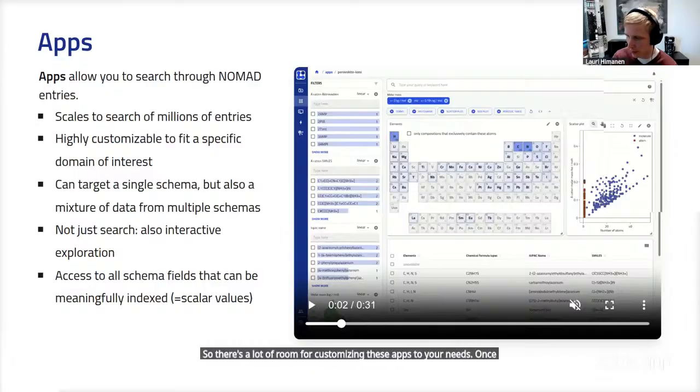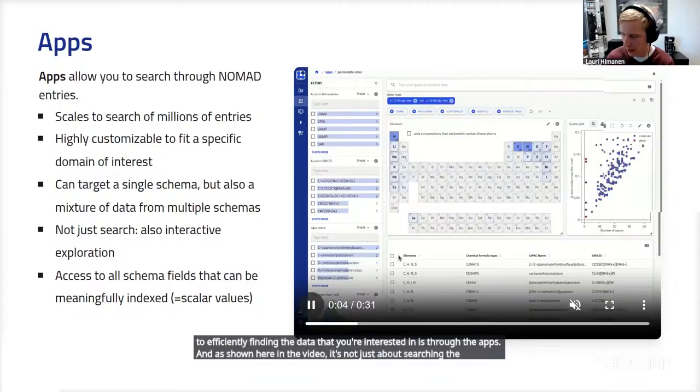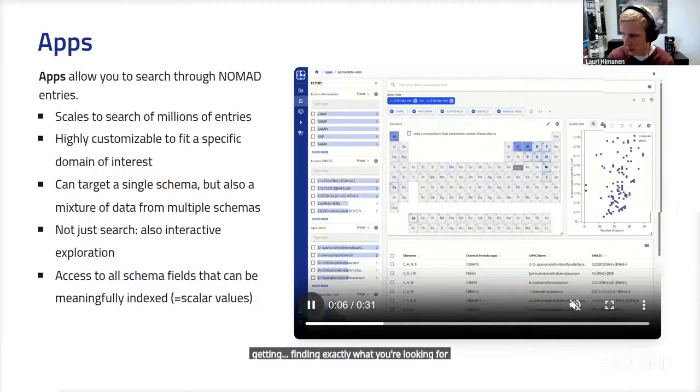Once again, because different research domains and different schemas need different ways to search the data. So I think this is quite key to efficiently finding the data that you're interested in: through the apps. And as shown here in the video, it's not just about finding exactly what you're looking for, but it's also about interactive exploration.